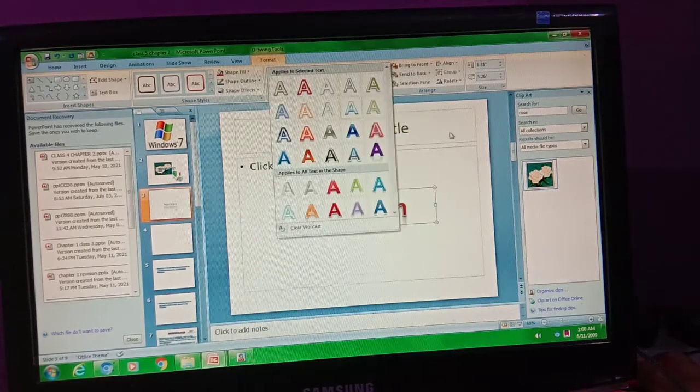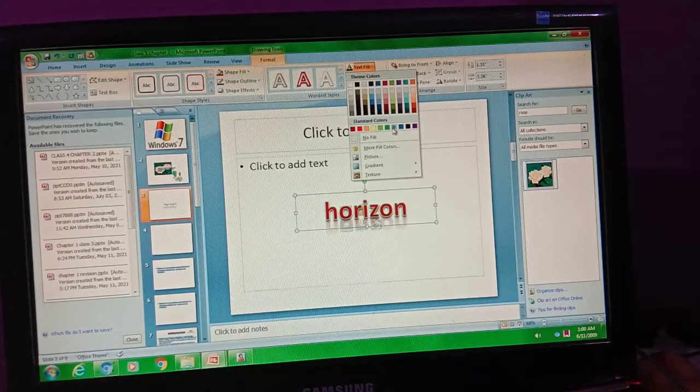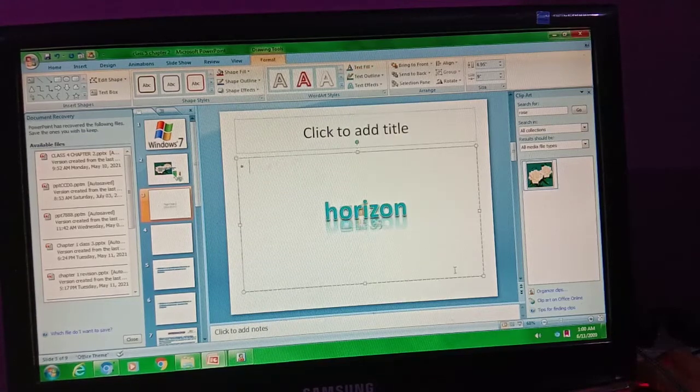You can change the fill text color also. For example, I want it in green color, so it is changed. So this is how you can decorate your text with the help of the word art option. Okay, so this is all, students. Here the shadow effect I also explained to you.